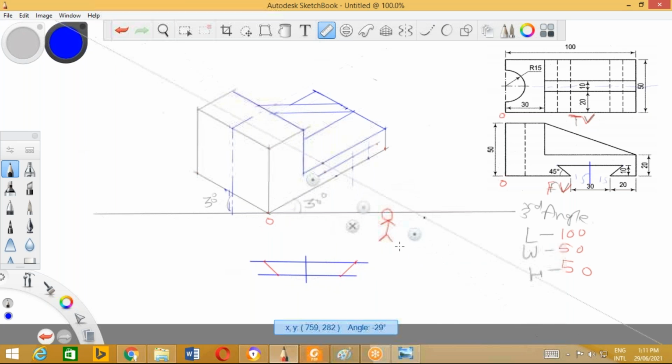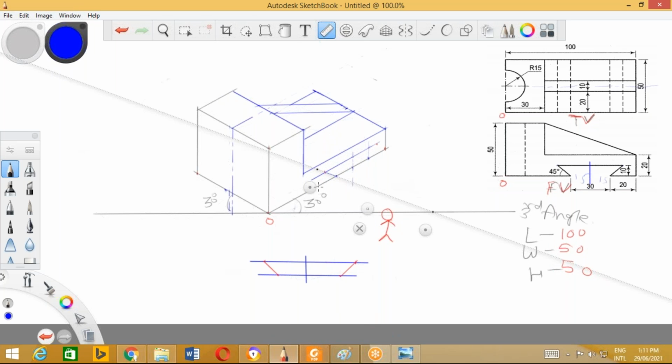Now here there is no need to measure, because in the isometric view the angle will get changed. Getting me? Do not measure 45 degree over here. Measure this 45 degree in the orthographic views and locate these points, whatever distance these points have from the center point, and mark this point on this line which is drawn at a distance of 10 millimeter.